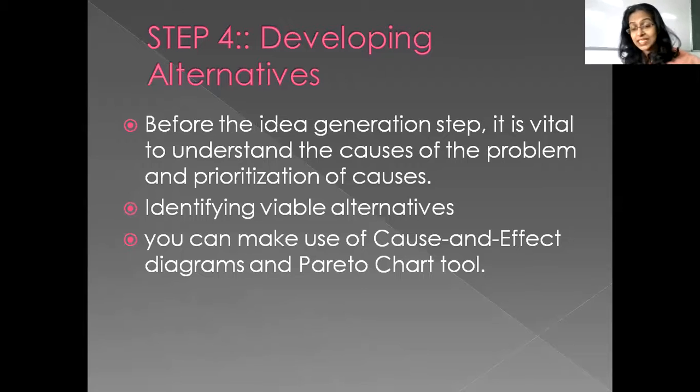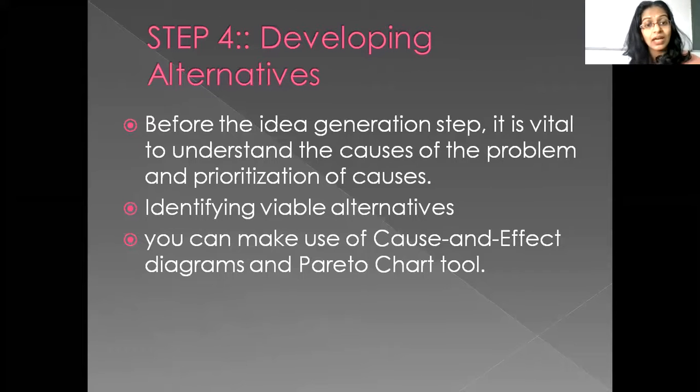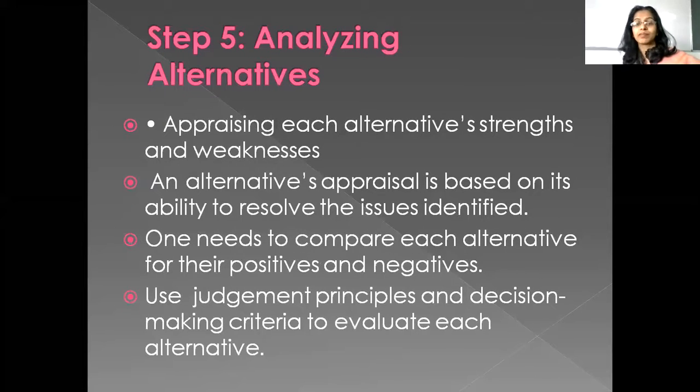Okay, so stage number 1, identify what the problem is and why we should solve it. Stage number 2, collect as much information as possible about this problem and the people getting affected by it. Step number 3, find out what is important. Step number 4, come out with as many solutions as possible. Now, step number 5, analyze these alternatives, or in simple words, compare these alternatives.